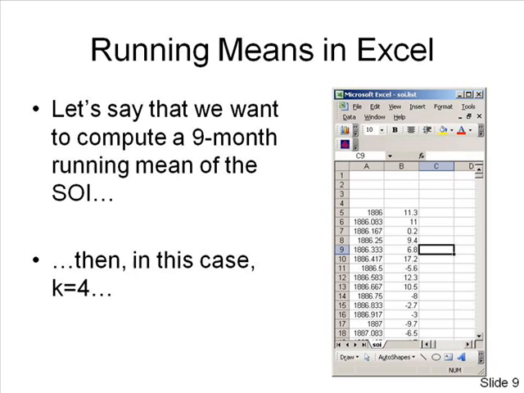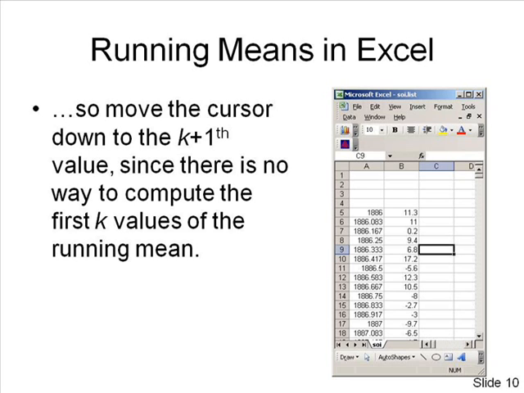Then k is apparently equal to 4, because that way 2k plus 1 is 9, and we're going to work from the i minus 4 to the i plus 4 observation at each time i. So if we wanted to do this, in Excel we're going to first move our cursor down to the k plus 1th observation. Remember, there's no way to compute the running mean earlier than that because there aren't observations earlier than our first observation. Now, here I've moved down to the 5th observation, since k is 4,